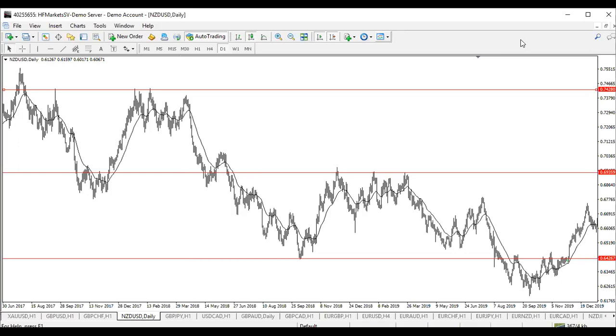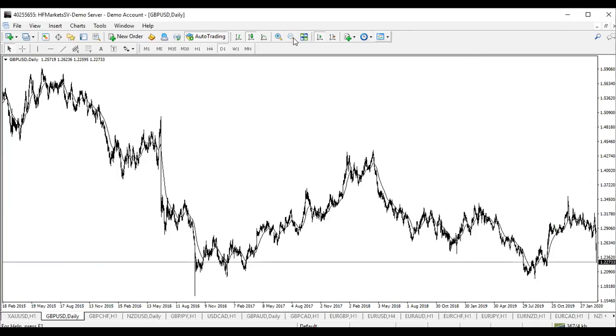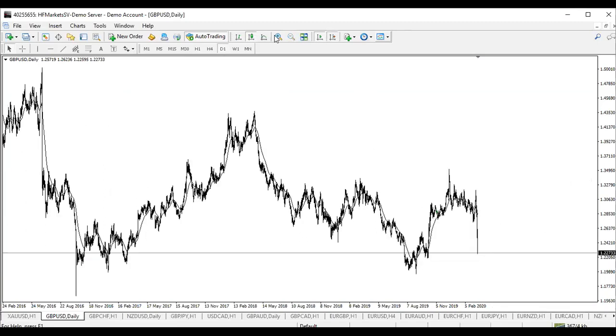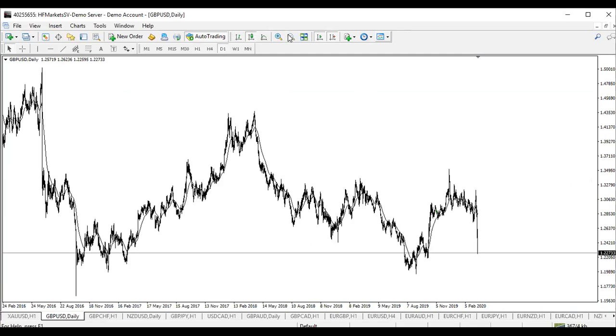GBP USD. Okay, let's look at GU. Where is my GU chart? How come I didn't take any of this money? I didn't even check GU. I was just on NZD USD Ultra. Somehow, I fell in love with EU. Then GU. Okay, so